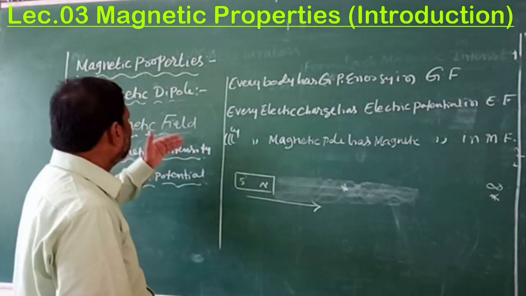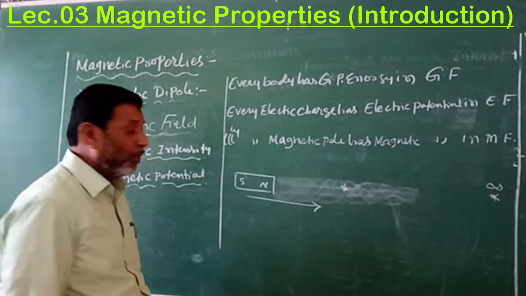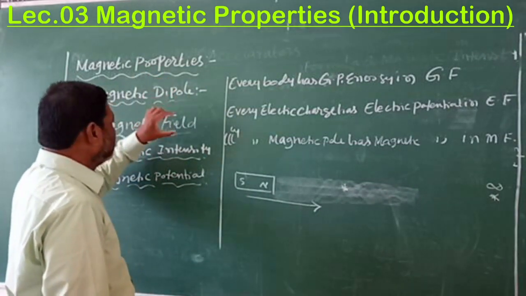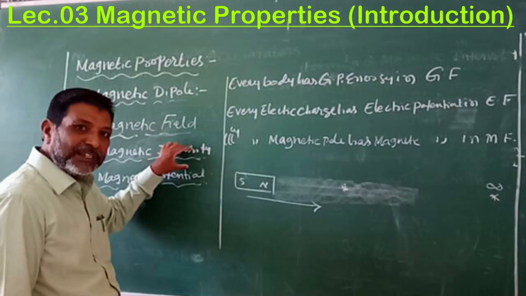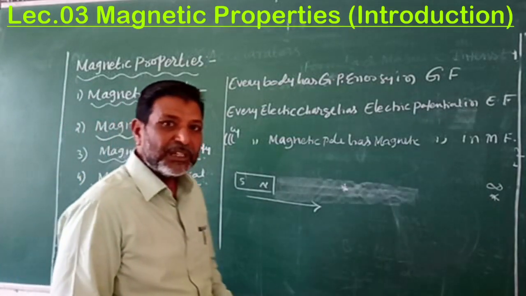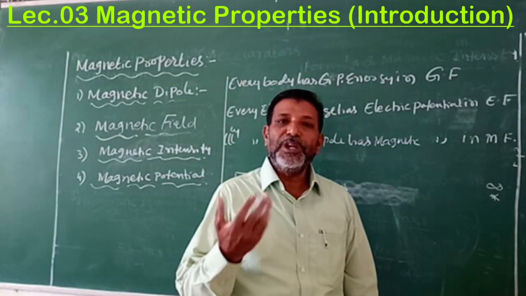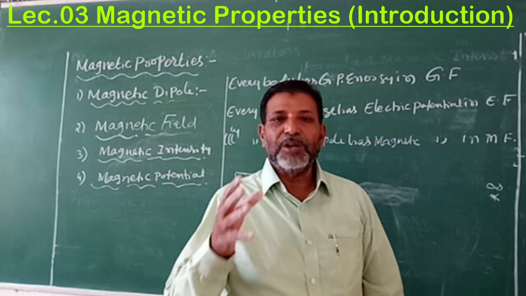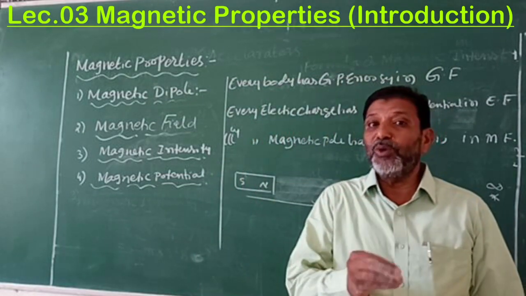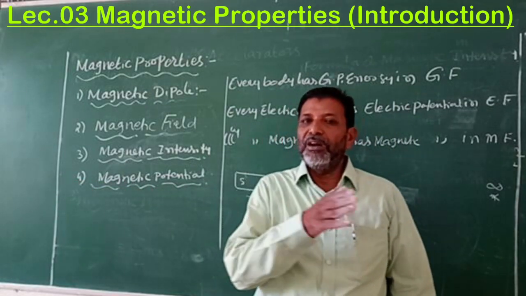Now see, these are the four important properties of a magnetic dipole. First we discussed what a dipole is. Next are the magnetic field, magnetic intensity and magnetic potential. After understanding all these important properties, in the next class we are going to derive the formula of the magnetic intensity at any point on the axial line of a dipole, next on the equatorial line of a dipole,